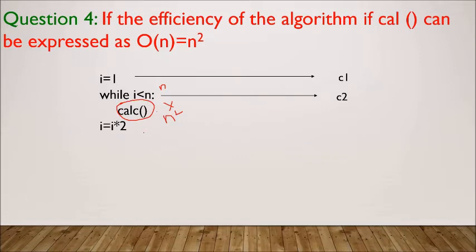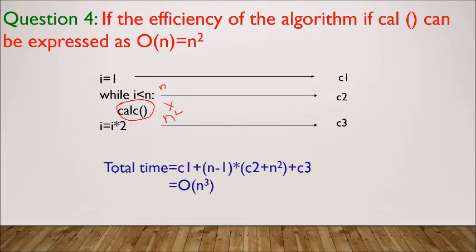So, and this statement takes suppose C3 time. So total will be C1 plus n into n square plus C3. You can see this is not less than or equal to, this is less than n minus 1 times it will be executed. So finally, when we open it, you can see the dominant term will be n cube. Suppose i is 0, in that case this loop will be executed n times, otherwise it will be executed n minus 1 times.